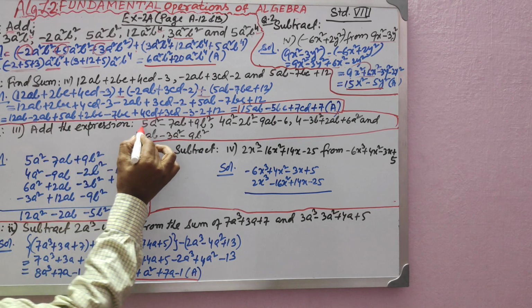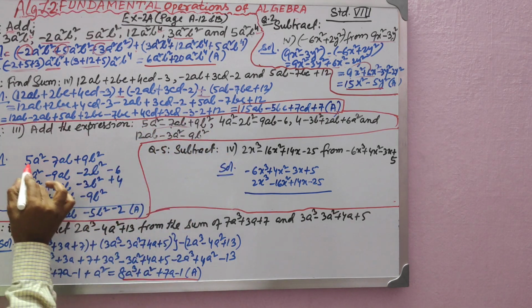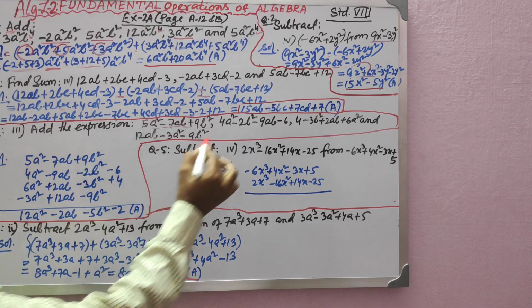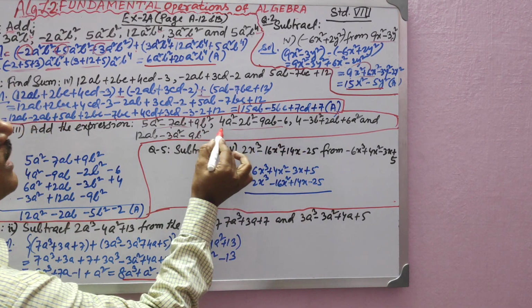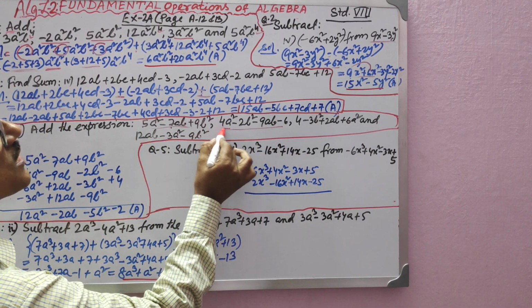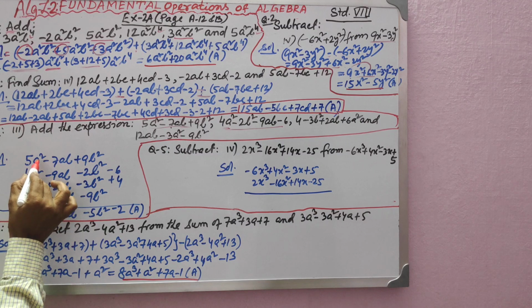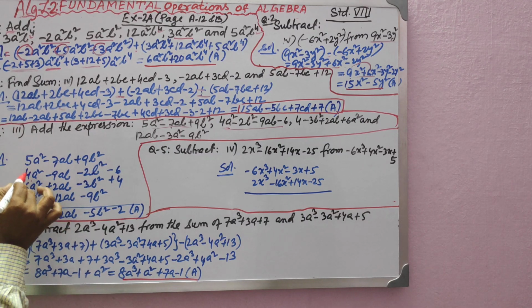So first addend I have written now. This one is the first addend, exactly copied. To write the second addend, what I have done, no, where is a square? Here is a square. So first addend below a square only I have written, along with the signs of 4 square.